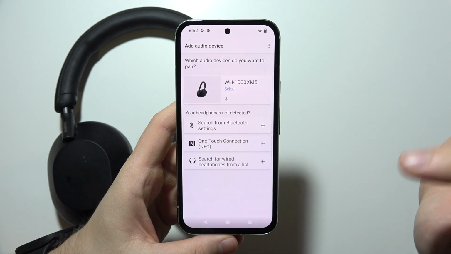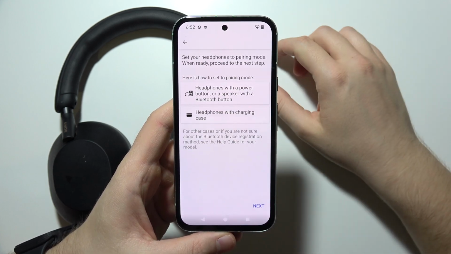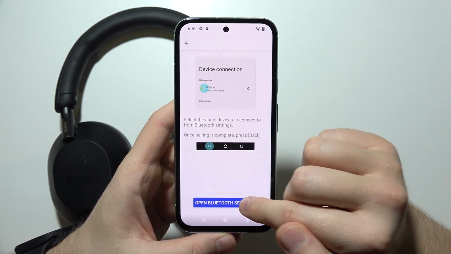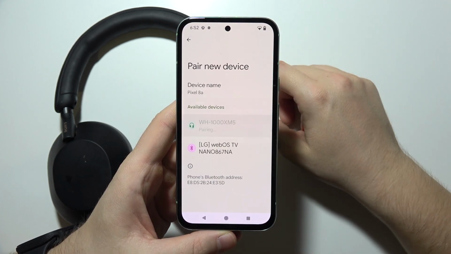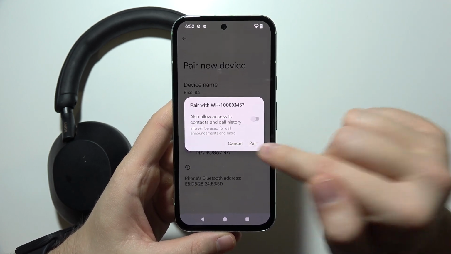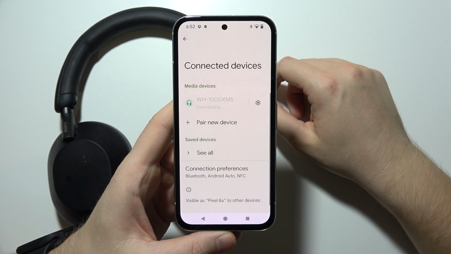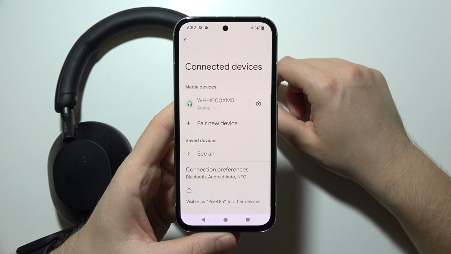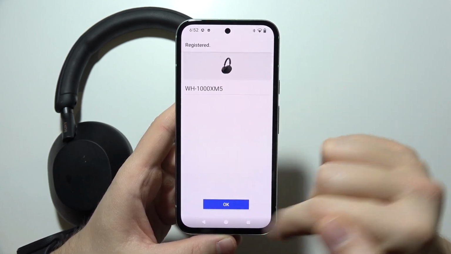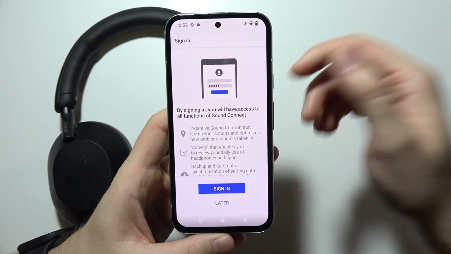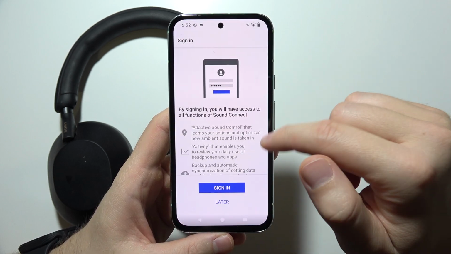If it is not working, you can simply tap to search from Bluetooth settings. So we can click next. Click to open Bluetooth settings, click to pair new device and select your Sony WH-1000XM5. Click to pair. Now just wait for connection and now go back into the application. As you can see, here we are successfully connected, and now all we have to do is just to pair